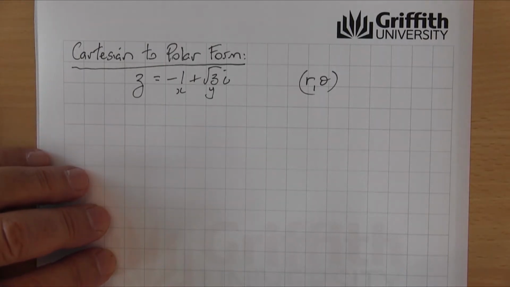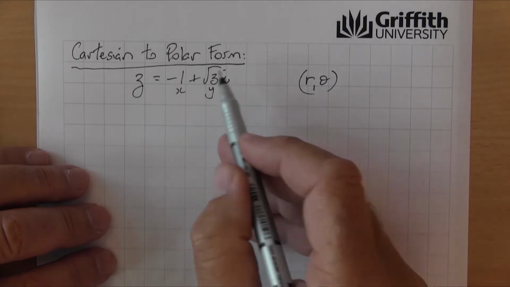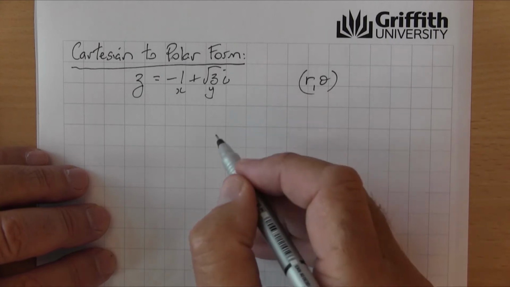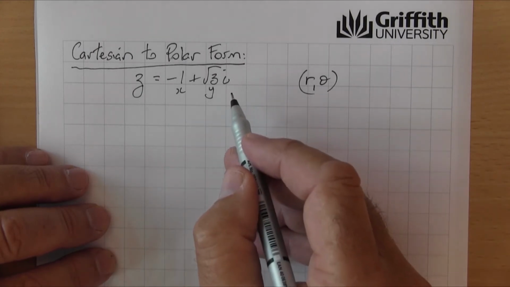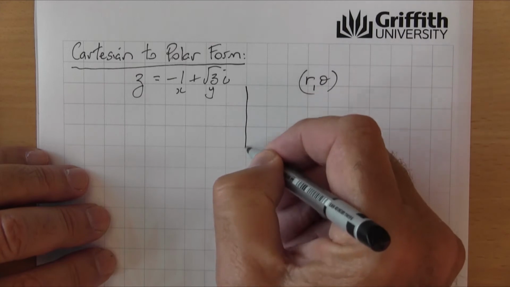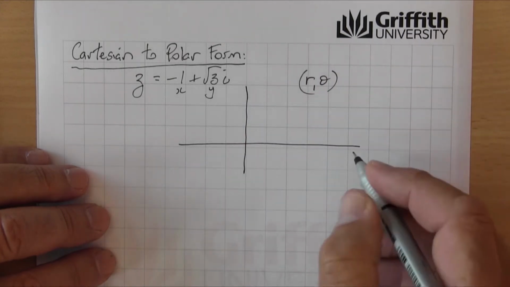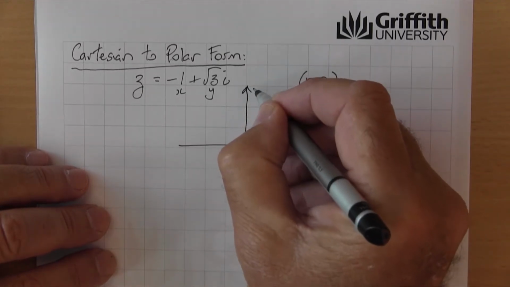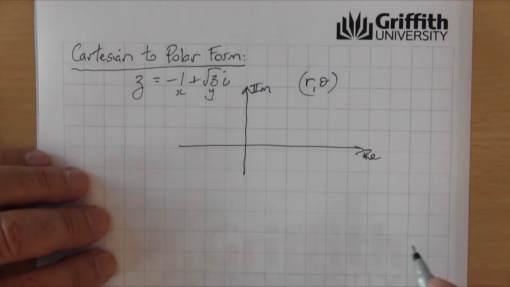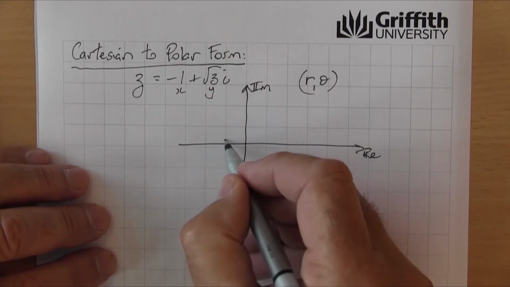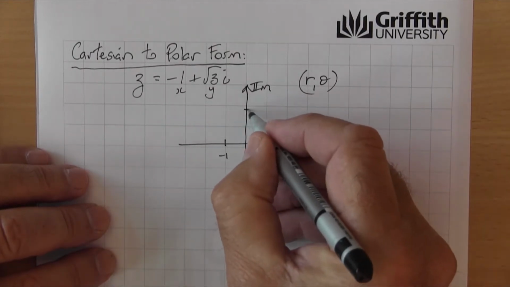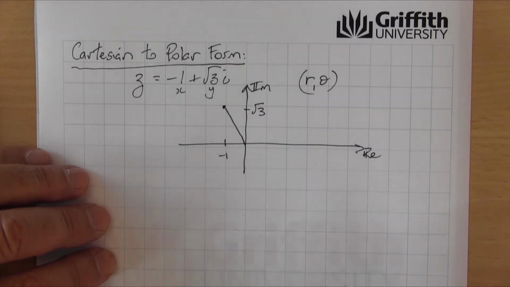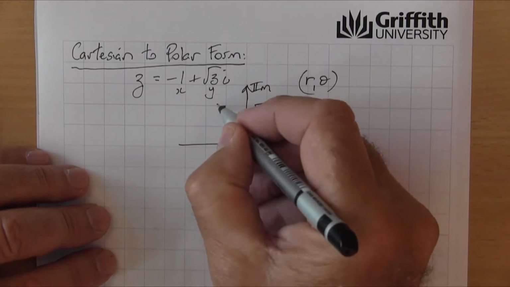And I think one of the best ways of looking at this is to actually do a quick little sketch of this complex number on the Argand plane. So we've got the real and our imaginary axes. Now it's -1 and root 3. So there's my complex number z,